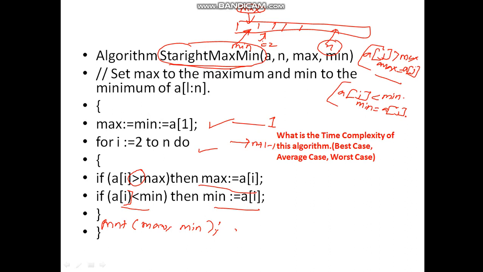So this comes to be n. Again the control is going to come here, and n times this condition is going to be compared. So that is n times. And this is going to happen whenever this particular condition is true. Similarly, this is going to execute for n times.